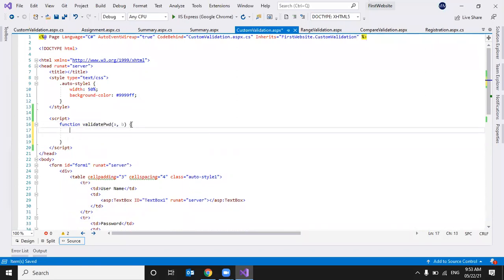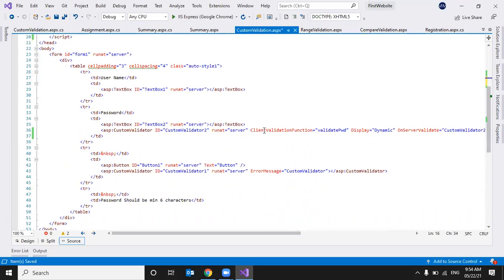Okay, so A is from the source. Which control is calling this function? B will have two important properties. Like any function we call from a client validation function, it will have two arguments.